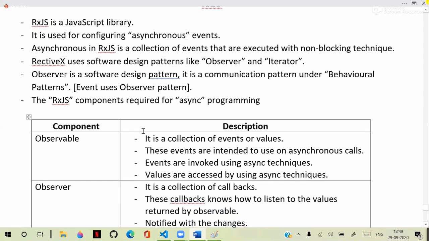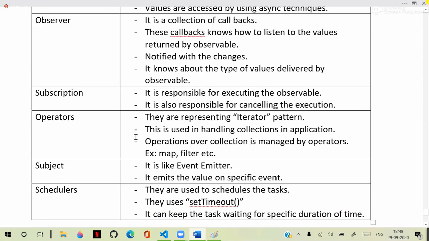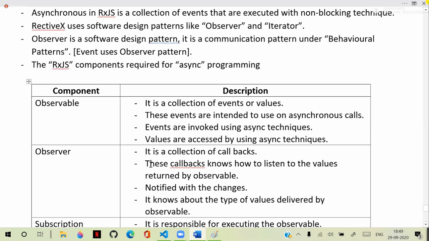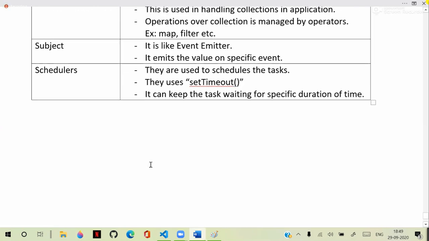The core library is RxJS, which contains the basic components of this. This is for managing asynchronous calls, especially when you are communicating with API-like services. These are very much required. If anyone asks what is the best example of asynchronous calls in a real-world application,